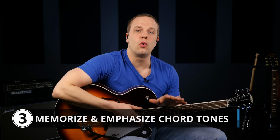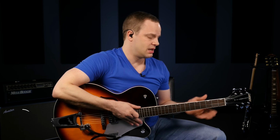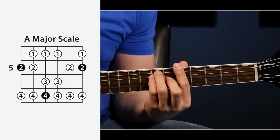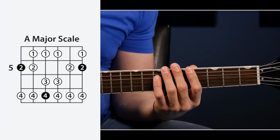Tip number 3 is to memorize and emphasize chord tones. And we could go a long way with this, but we're going to keep this to the main root note of the scale we're working on. So if you're playing over an A major chord and you're using an A major scale, you're going to want to emphasize the chord tones that are in that A major chord. In this case, it would be A, C sharp, and E,